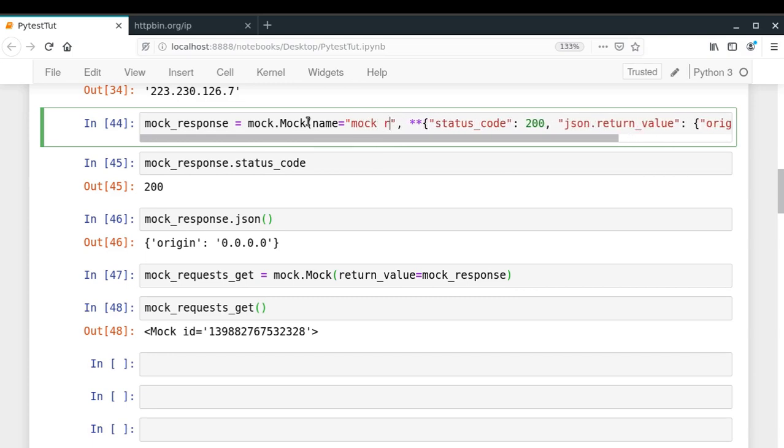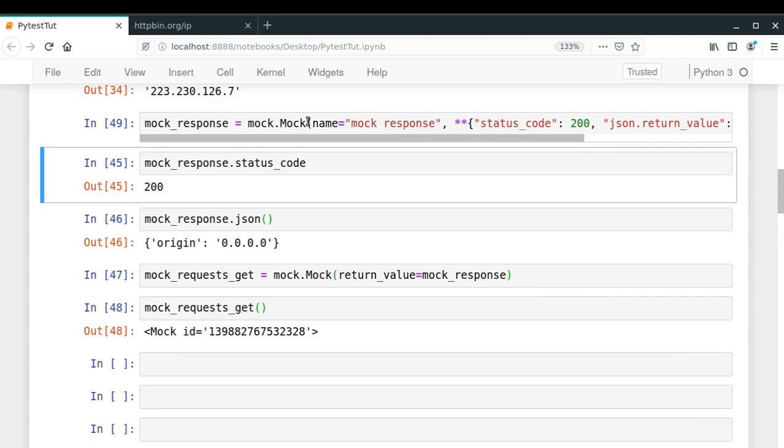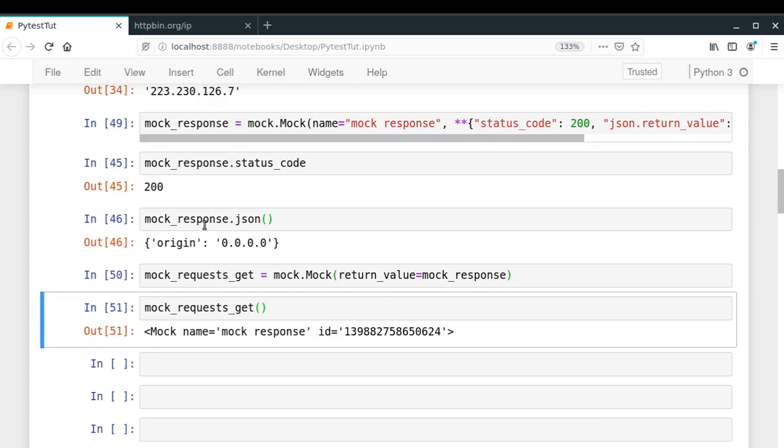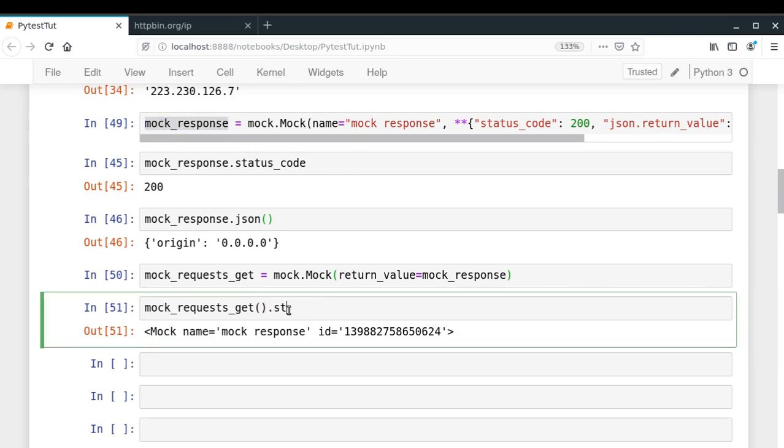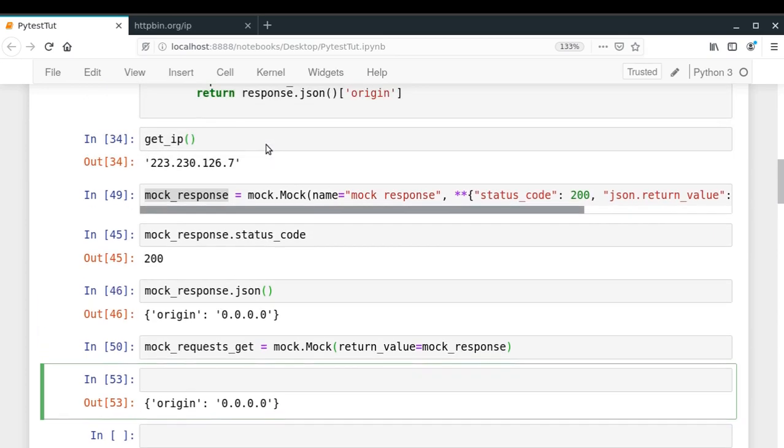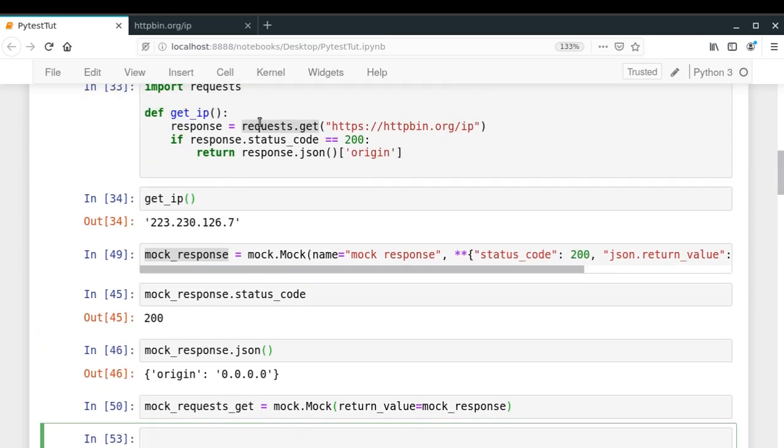Mock response. So now look at that. When I'm calling my mock request get function, I'm getting another mock, which is actually this mock response object. If I try to do dot status code, I will actually get 200, and if I try to do dot JSON, I will get the JSON value, which is what I actually need. So basically we have done all the connections that we needed to make, and now the only thing remaining is